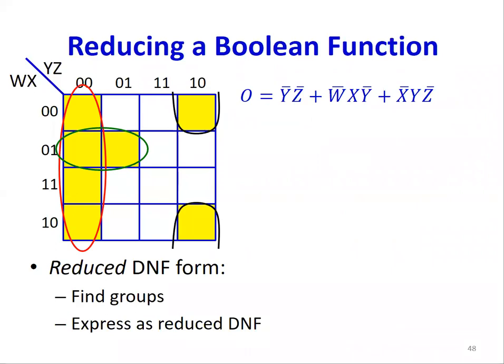So all 4 Karnaugh cells could also have been mapped together. Visually, it was just less obvious. So now what happens is that because I could group these 4 together, these 4 boxes didn't need 4 clauses. I just had to have 1 clause, not Y, not Z. Similarly, I could group these 2 together. And amongst these 2, you're saying that so long as Y is 0 and W and X are 0 and 1, the value of Z doesn't matter, the output remains 1, right? So these 2 together give me not W, X, not Y. Similarly, I could group these 2 guys, and that's going to give me not X, Y, not Z.